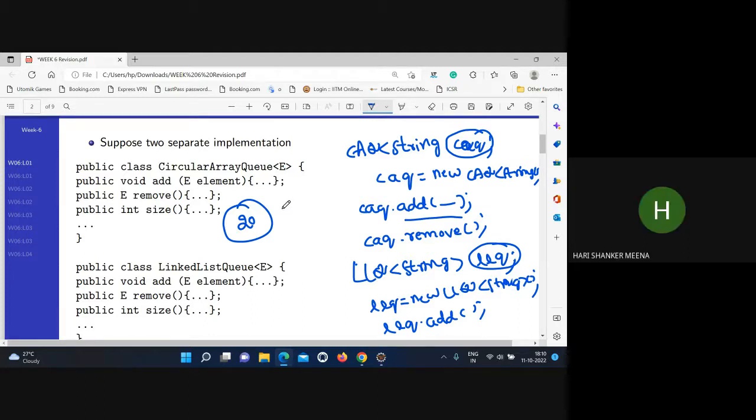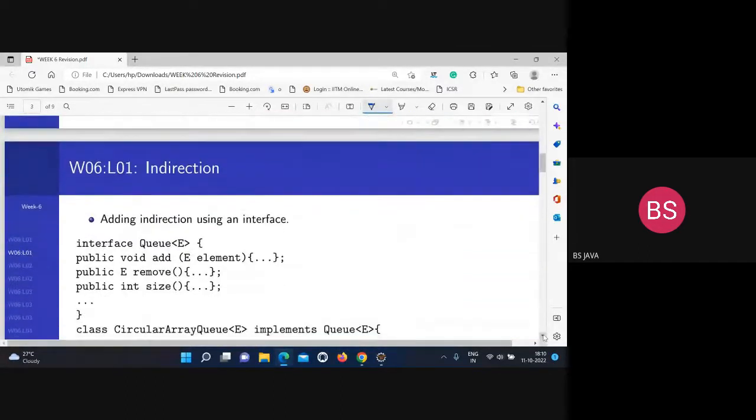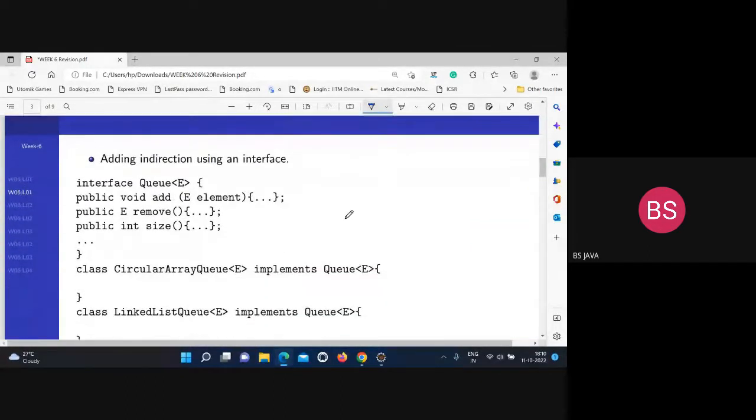Yes sir, 20 reference variables are required. Now what I am doing is, here add, remove, size, these methods are common in the circular array queue and linked list queue. Now I'm creating an interface